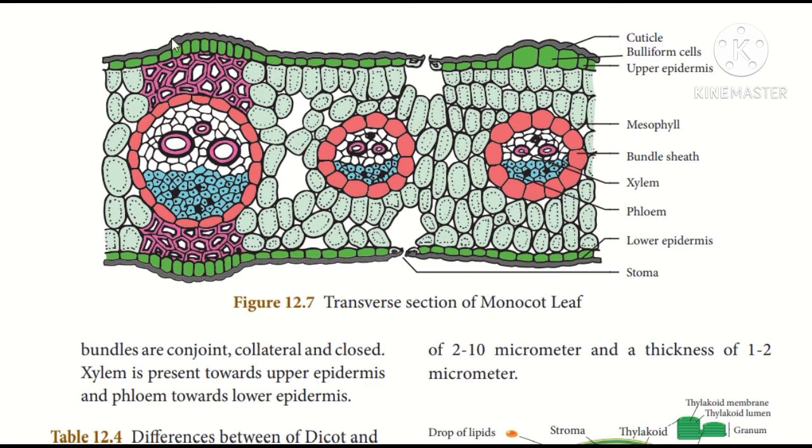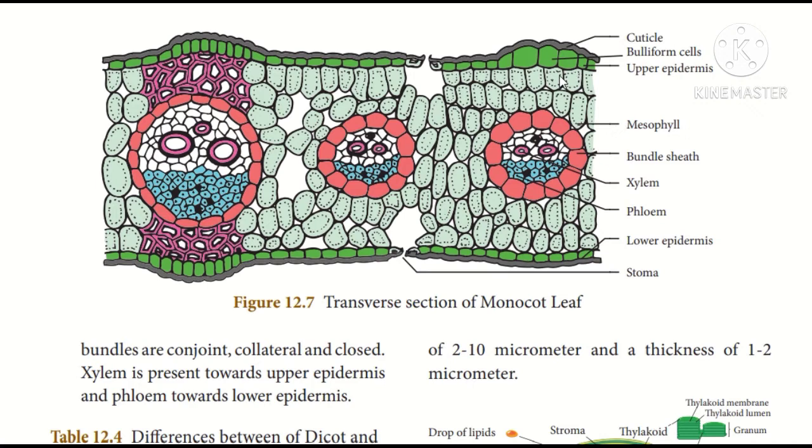And the epidermis is made up of parenchymatous cells, and the major difference compared to the other epidermal growth is that here the epidermis is made up of parenchymatous cells, like in all others, maybe in the dicot leaf or in the monocot or in the dicot root. And here the cuticle is also present on the outer wall, and stomata are present both on the upper and the lower epidermis.